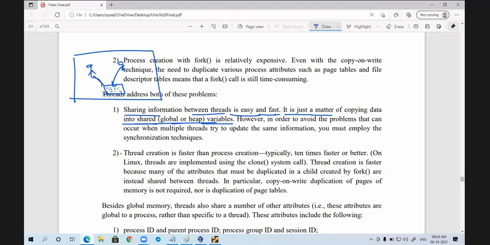Getting the point? If two processes want to synchronize, you need to take the help of semaphore. But now try to understand, these two are processes or threads? Tell me, these two are processes or threads.